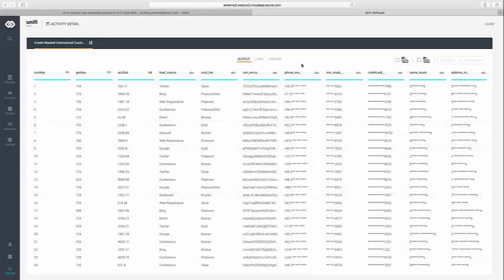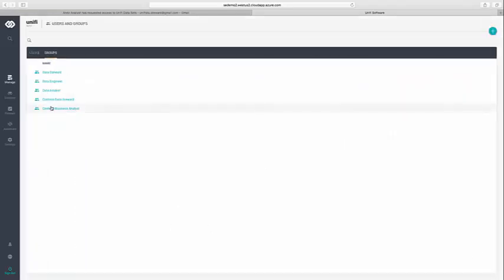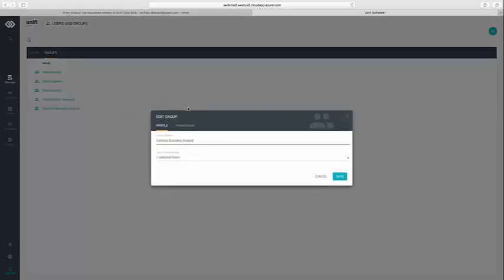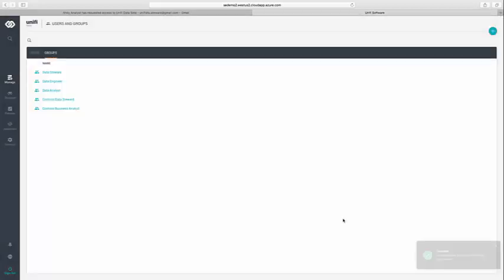So we've run the process to mask it and really get this data set compliant with GDPR requirements. And second step, again, is that what we're going to do is manage the appropriate level of access. So I've got a group of users called Contoso Business Analysts. And from a permissions perspective, I'm going to go ahead and open up not only this masked international customers, but also the sales data as well. That's exactly what Andy had asked for.